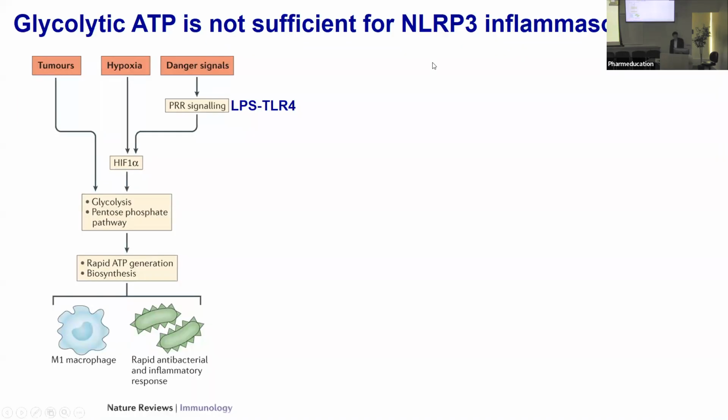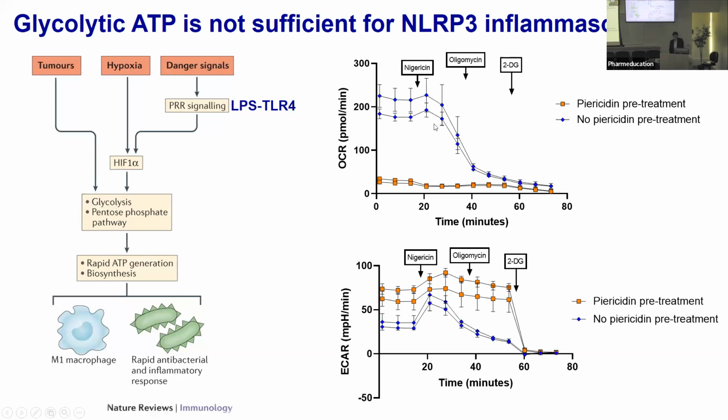One of the things that, again, is sort of these dogmas: when you give LPS through TLR4 signaling, you have a lot of HIF and glycolysis. But one of the things we notice is as soon as you give nigericin, you get this steep decrease in oxygen consumption rate, and you have this elevated ECAR as well. When we give pyrsidin, that complex 1 inhibitor, OCR is always going to be down, but those cells have high levels of glycolysis, right? So if you give pyrsidin, you don't make ATP, phosphocreatine goes down, you're purely glycolytic, but yet that glycolytic ATP is not sufficient to sustain the ATP demand of the